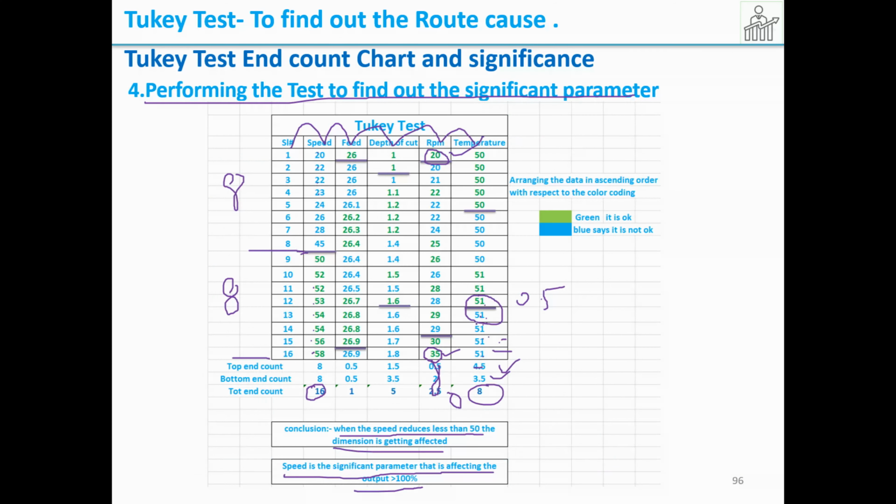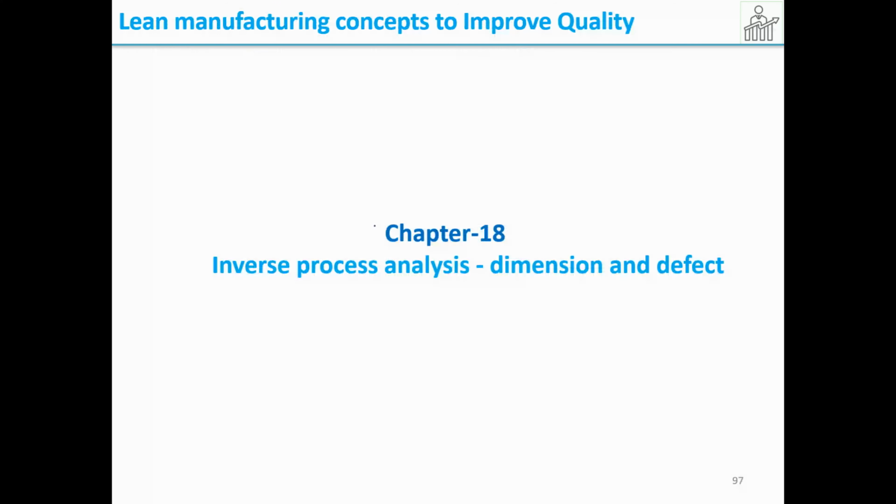And it is telling that maintaining temperature at 50 is good, and maintaining speed more than 45 is very good. So this is the Tukey test to find out the significant parameters which are affecting the output. Next we are going to see inverse process analysis for dimension and